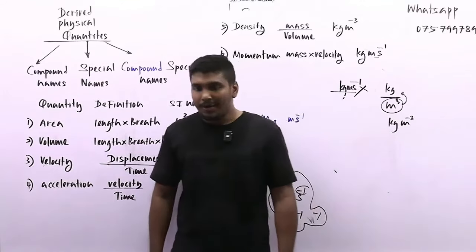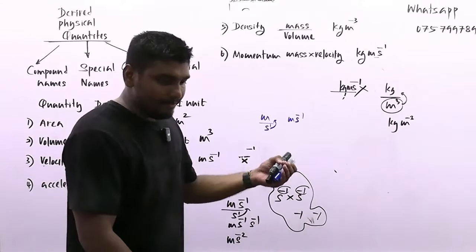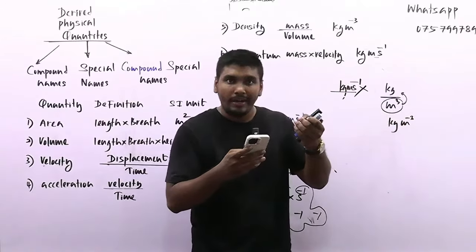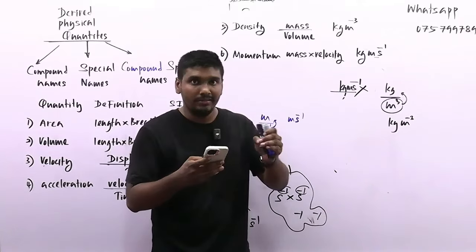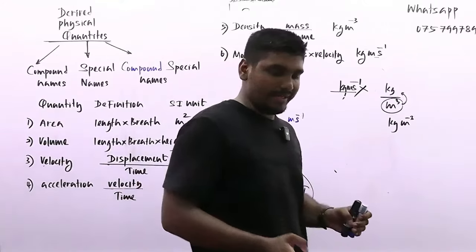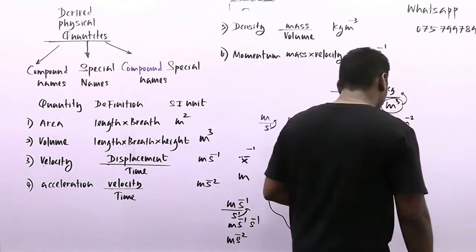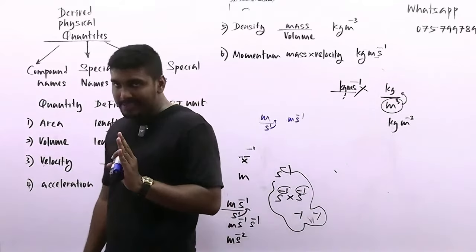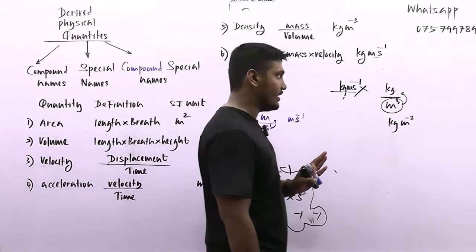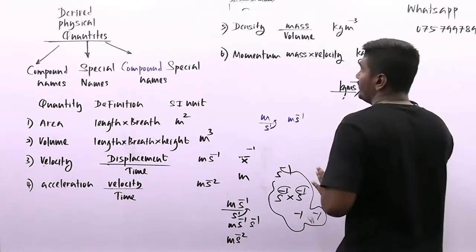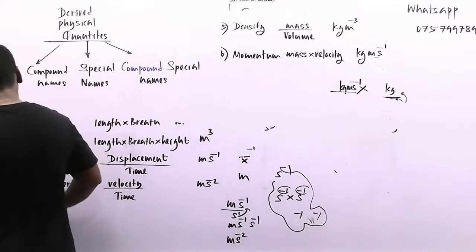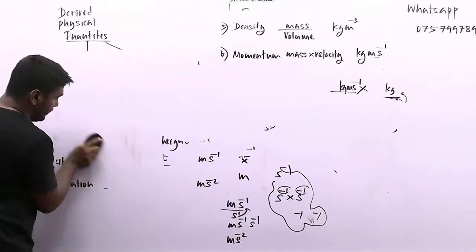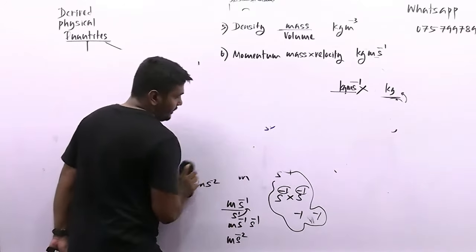Okay. Now start doing the question. Go to page number 15. Now we'll do question number 1. Start doing. Now you guys can do. But what you want to remember is, you must remember the 7 basic units and their SI units and the 2 supplementary units and their SI units. You must remember those. Page number 15, question number 1. Start doing. Find the units of those given physical quantities. Give a try.